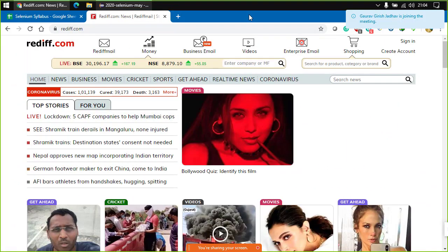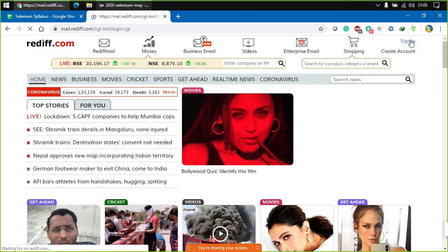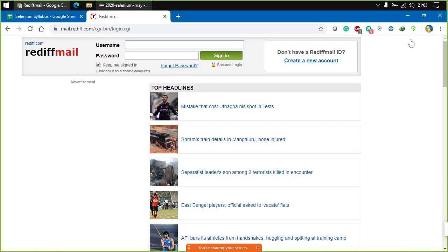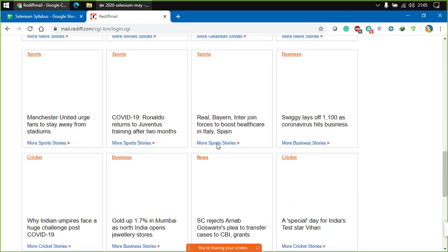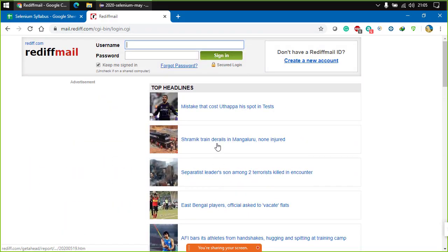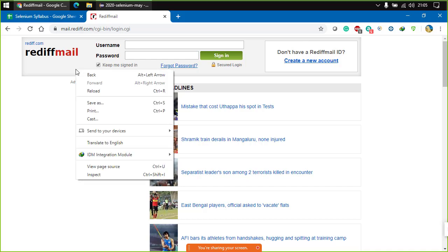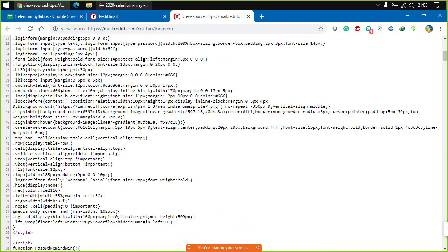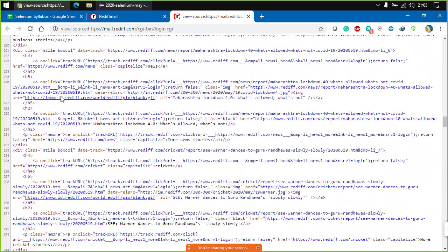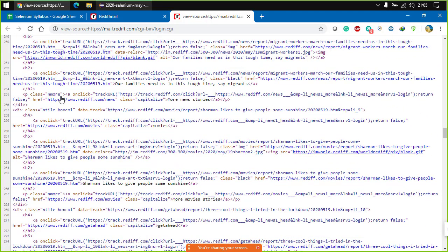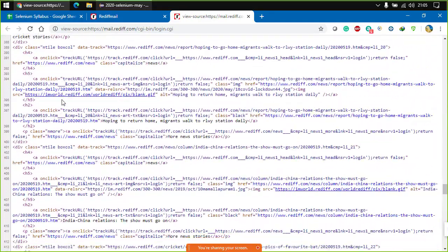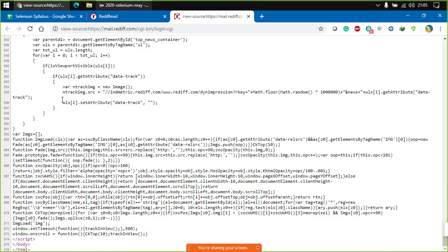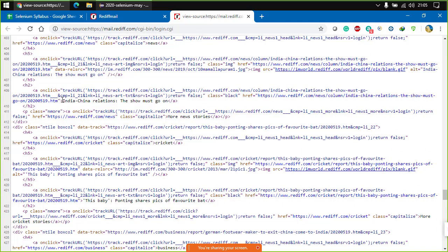Now what if we move to another page, for example the sign in page. On this page we see that there are a lot of other things now. Over here we have this section, right click here, view page source. The source that we see is different from the source that we saw earlier, but again there is a lot of text. How Selenium works is, it simply reads out everything, and then whatever action we want it to do, it performs those things here.